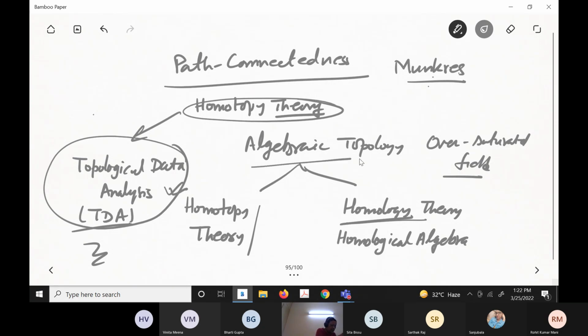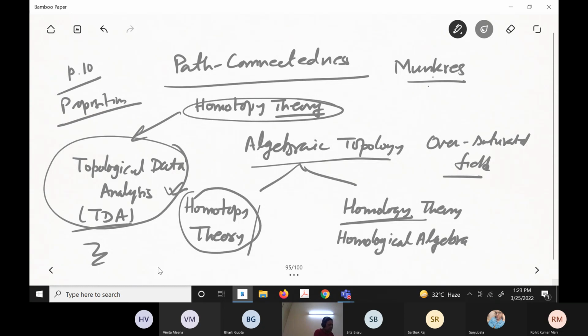But before that, you need to know basic algebraic topology well, so you need homotopy theory. You can look there either in Munkres or Willard. In fact, in homotopy theory, the basic first technique that I mentioned is how to get a product of paths. In page 10, you'll get a proposition about the product of paths. So I will talk tomorrow on that. I am giving you the information on that if you want to go to the application side.